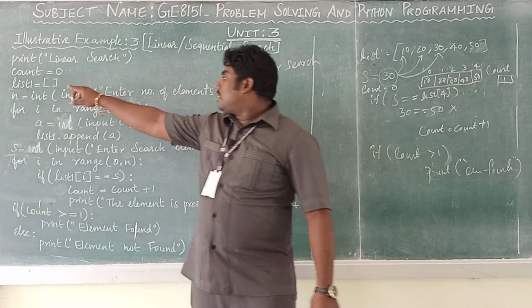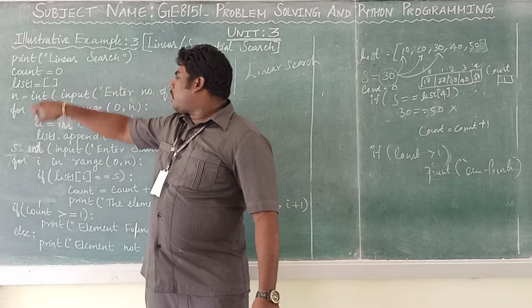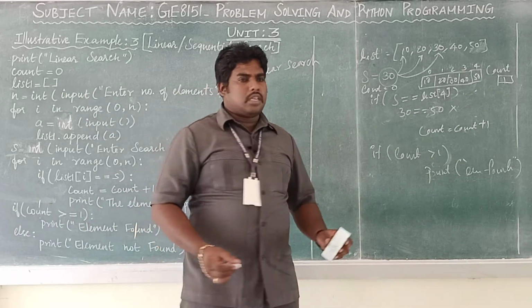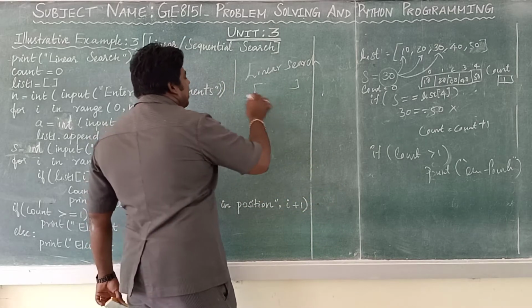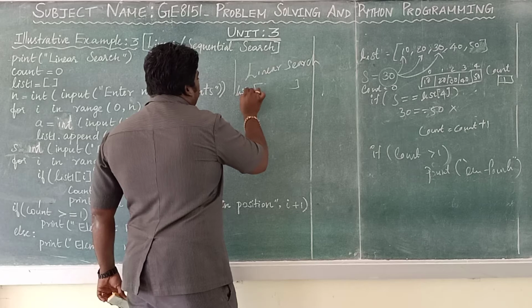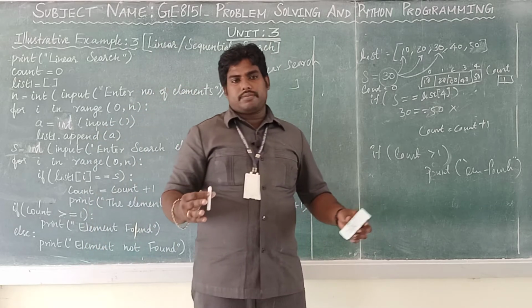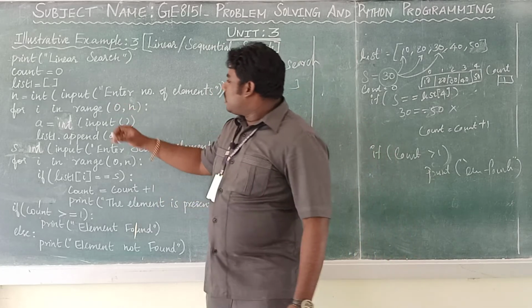Now see here, list 1 equal to empty list. Are there any values inside this open and close bracket? No. This is the empty list. So I am creating the empty list first. The list name is list 1. It is an empty list. No elements are there. So in the runtime, I want to give it. For that, this